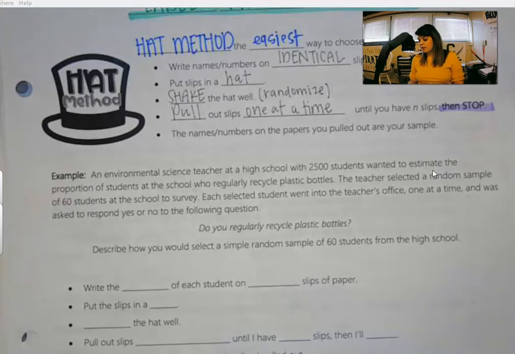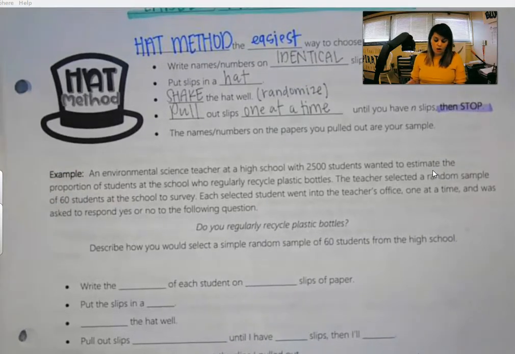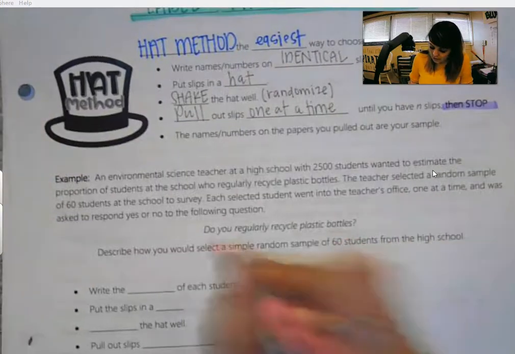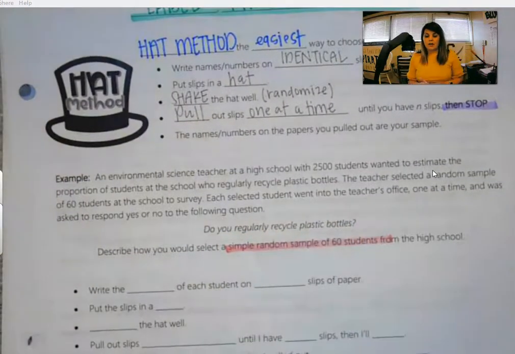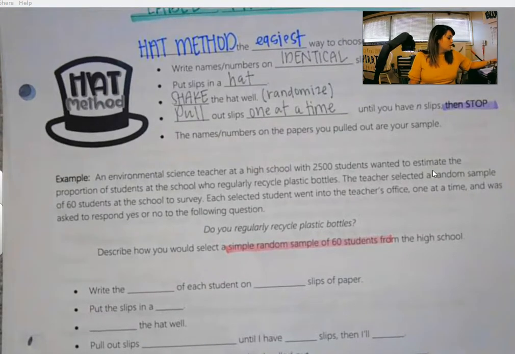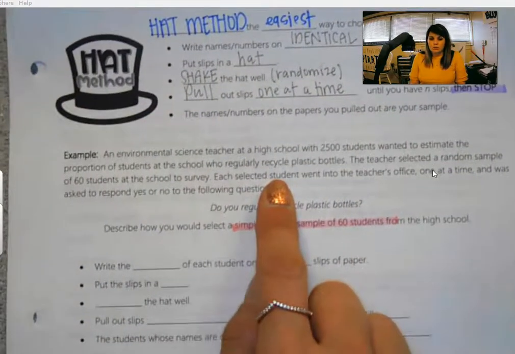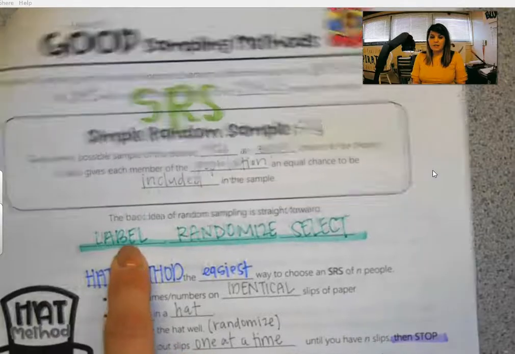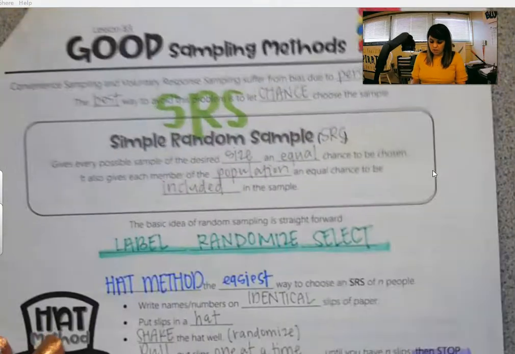So please notice here that they are giving you the sample size and specifically telling you to find an SRS. So they're saying you want to choose 60 students and you want it to be an SRS. Well, we're going to use the easiest method that there is. We're going to use the hat method. So these students are already labeled. They're labeled with their given name. So the label portion up here is done. Their parents labeled them. We're going to write the name